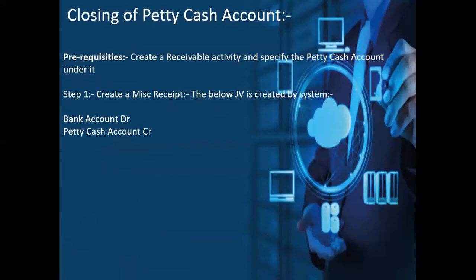And at the last, if you want to close your petty cash account, basically transferring your petty cash amount back directly into your bank account, there are different ways. You can just pass a manual journal directly in GL, wherein you debit your bank account and credit your petty cash account, or you can create a miscellaneous receipt within AR. Whenever you create your miscellaneous receipt, the bank account where you are depositing the funds needs to be selected, and that bank account will be debited and your petty cash account will be credited.